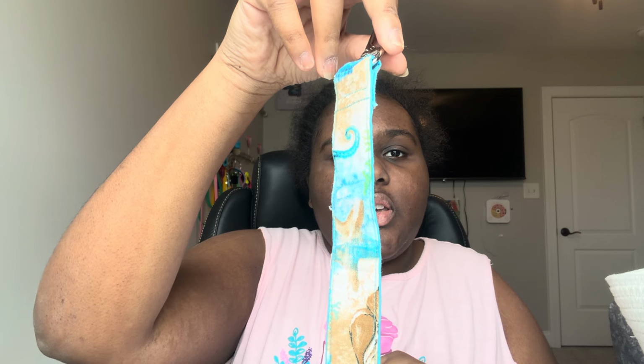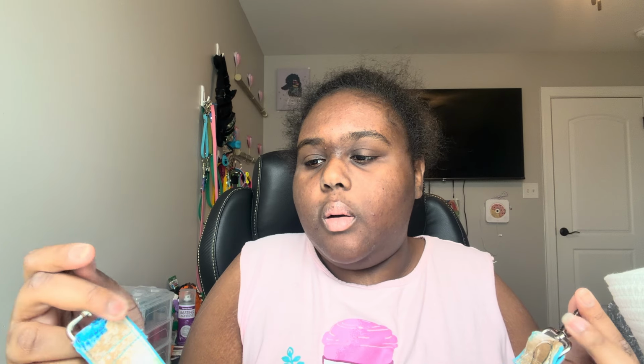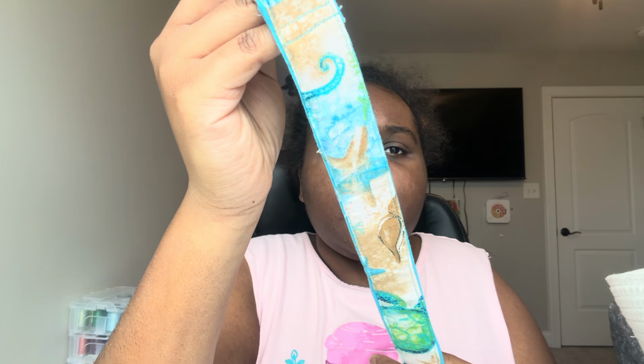So yeah. I made this pole strap. It's ocean fabric. This is my first pole strap I ever made. I want to make another one. I have a whole bunch of fabric too, but even though I'll be closed for customs, I will be doing a poll for